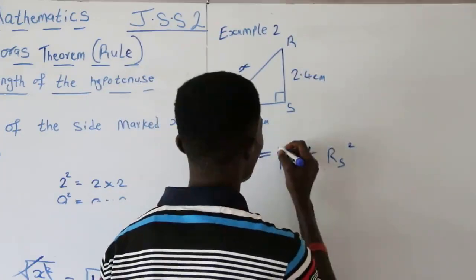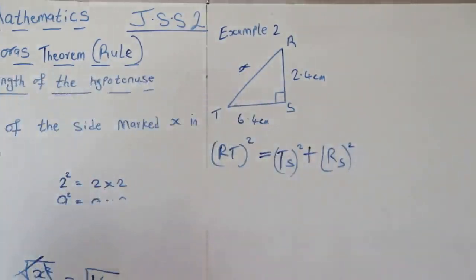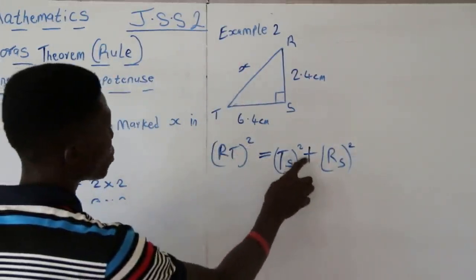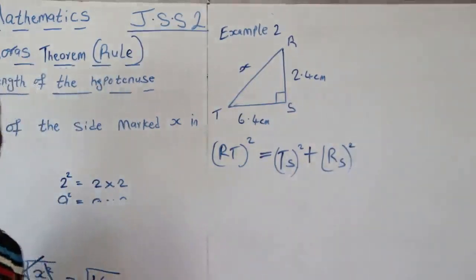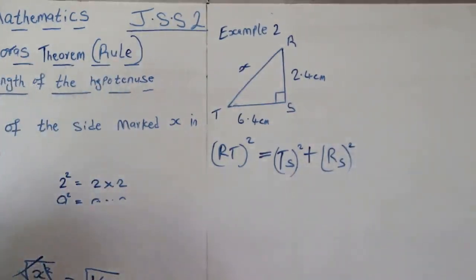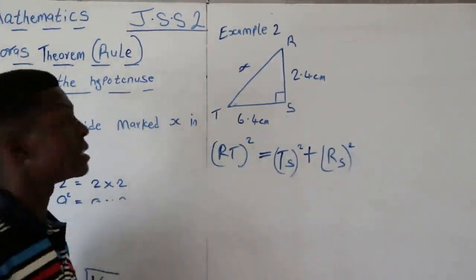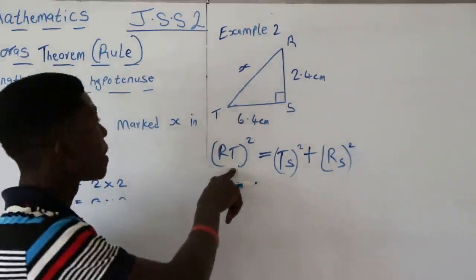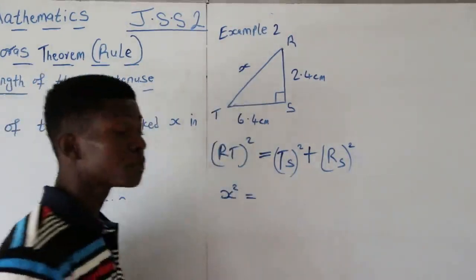Then remember your square. RT square is equal to TS square plus RS square. We have brought out the formula or the Pythagoras theorem. Now it is more easier for us to fix in those quantities. Already we know that this is the unknown, and the unknown is x. X square is equal to